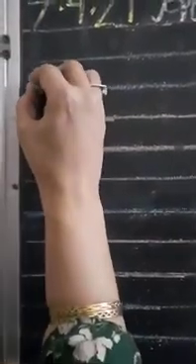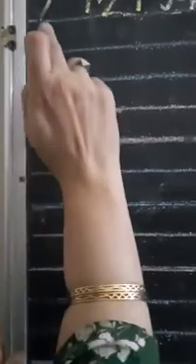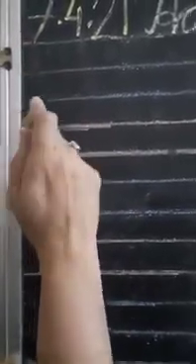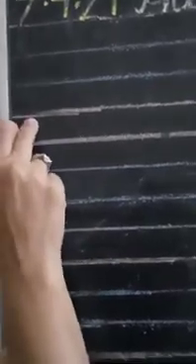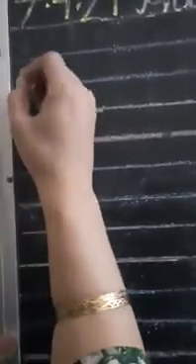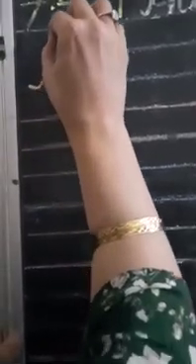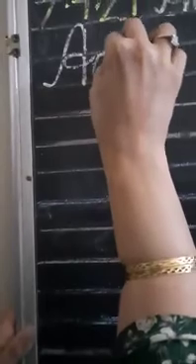First of all, we will write joining A. We'll start from the second blue line. This is first red line, first blue line, second blue line and second red line. Okay, we'll start from the second blue line. Take a curve, go up, again take a turn, come back, make a loop and make a small A. And what is this? This is joining A.